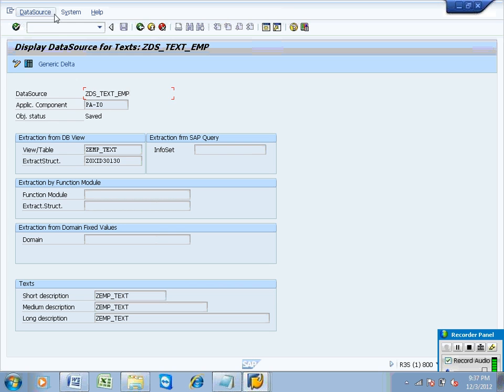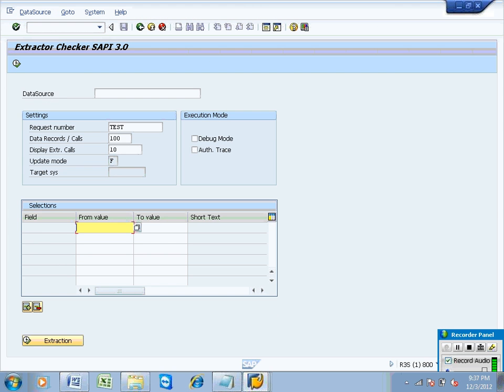Now you have the data source ready, so the extractor and extract structure are ready. Now you need to run the transaction called RSA3, where you can check the simulation of the extractor.